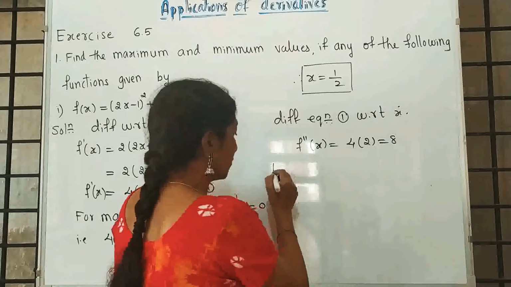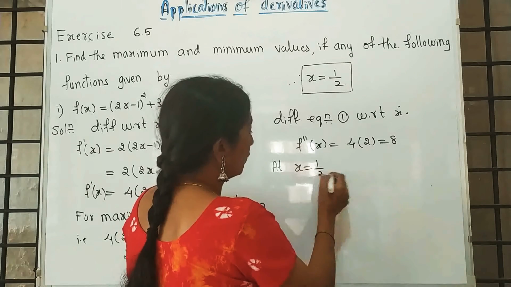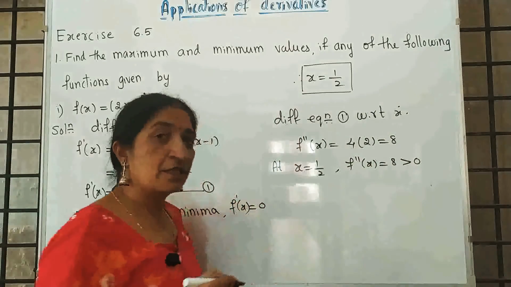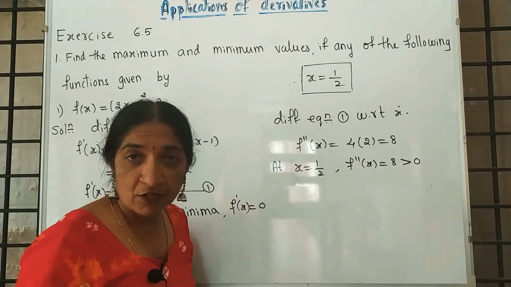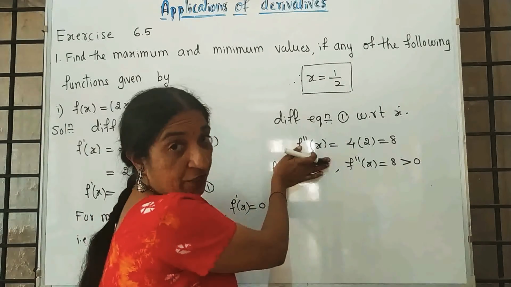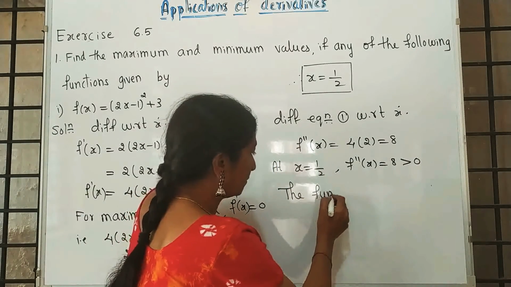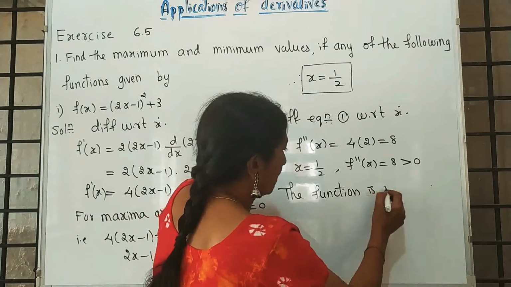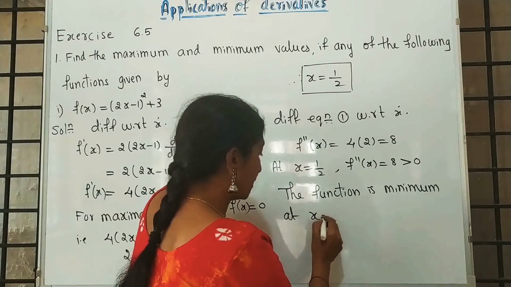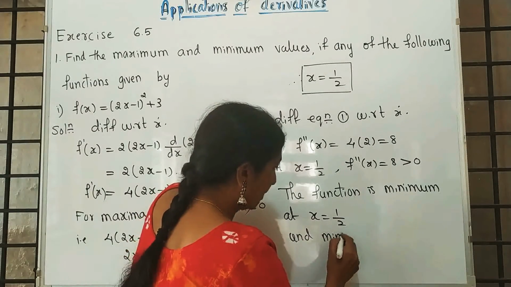So if you want, just write down f double dash of x is greater than 0. Even though we have not substituted, because already we got the value, it is greater than 0. Greater than 0 means it is positive. The second order derivative is positive. Even if you do not write this, it is correct, because without substitution we got only a positive value. The function is minimum at x is equal to 1 by 2 and the minimum value is